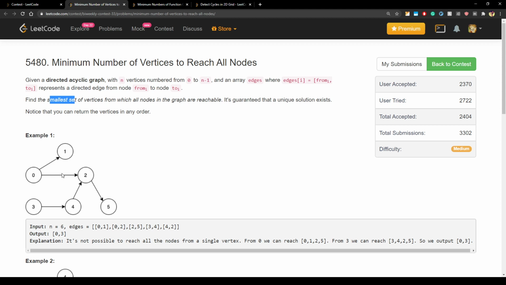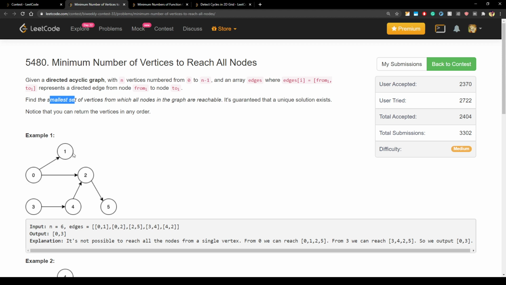So that is the observation basically, that if there is any node which can be reached from any other node, then this node will never be in the answer. Its parent is a candidate. So if you just keep building on it, for example, 5 can never be in the answer because it can be reached by 2. But now 2 cannot be in the answer because it can be reached by 0. So if you just keep following this chain, you will find out that the only nodes which will be in the answer are the ones which cannot be reached from anywhere. So basically it means that they have no incoming edge.